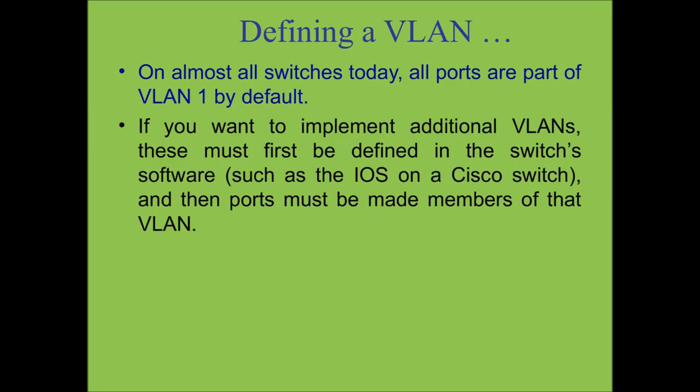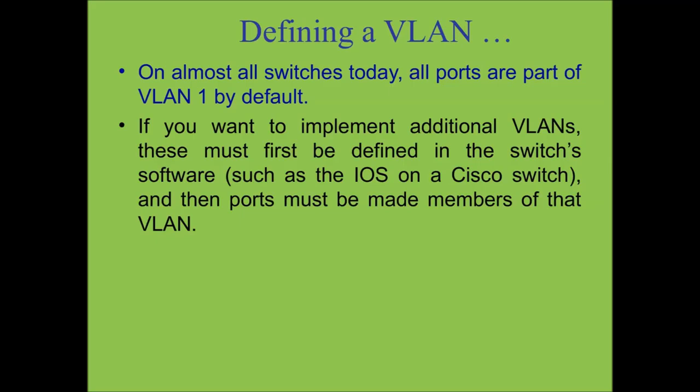With the help of switch software, we can easily modify the VLAN ports, and then ports must be made members of those VLANs. So if there are 24 ports and we want to divide them into 3 portions, VLAN 1, VLAN 2 and VLAN 3, the first 8 ports will be for VLAN 1, the next 8 ports for VLAN 2 and